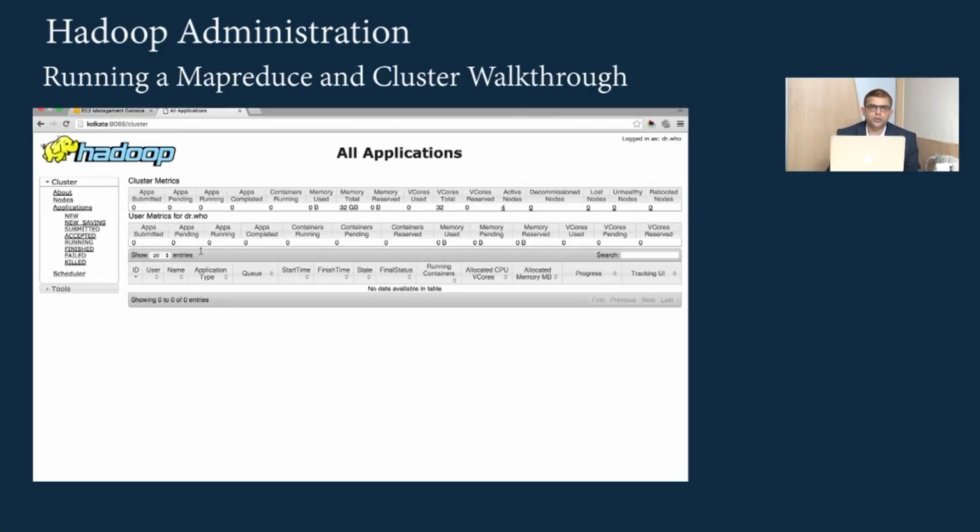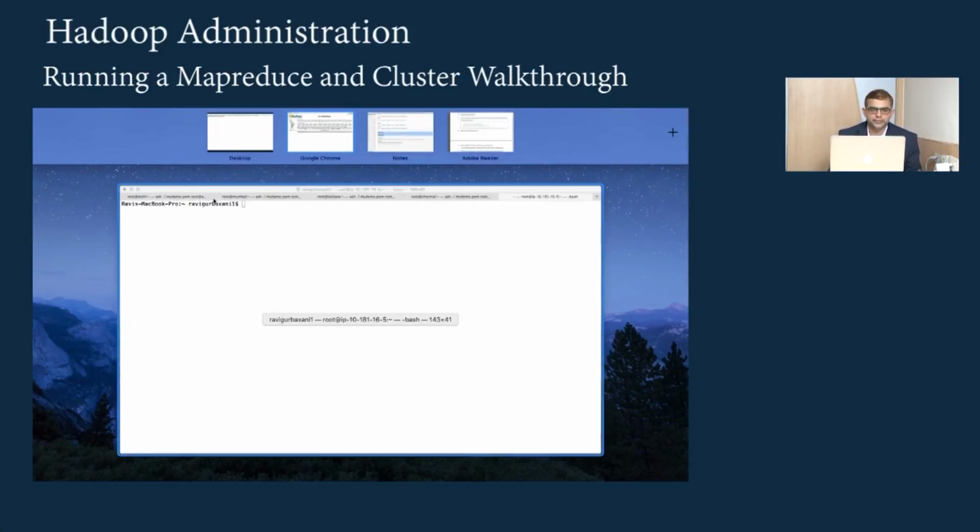So this is all about name node, data node, resource manager, node manager, and everything is up and running. It's safe to say that now it's time for us to submit a new MapReduce program. And once we submit a MapReduce program, we can test these things. But before that, let's spend some time understanding what's really happening in the background when you create a name node, data node, or resource manager and node manager.